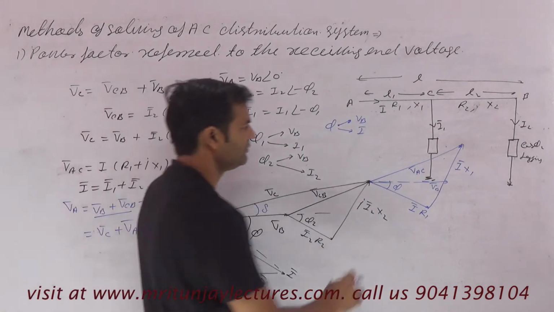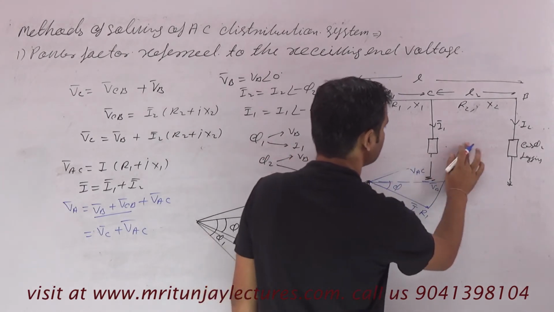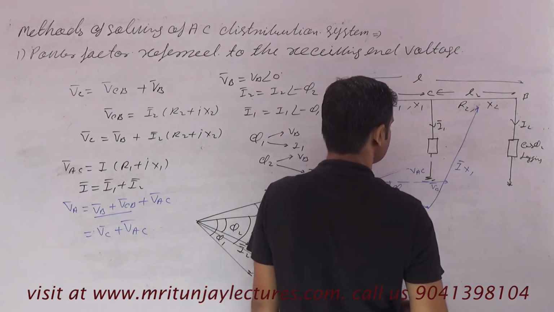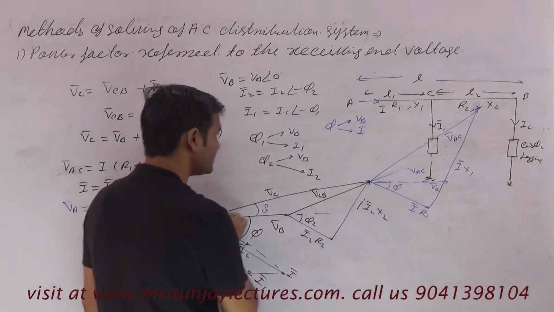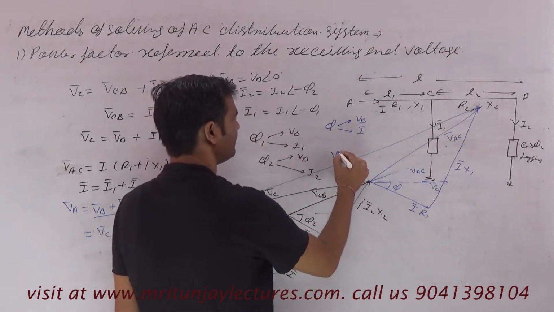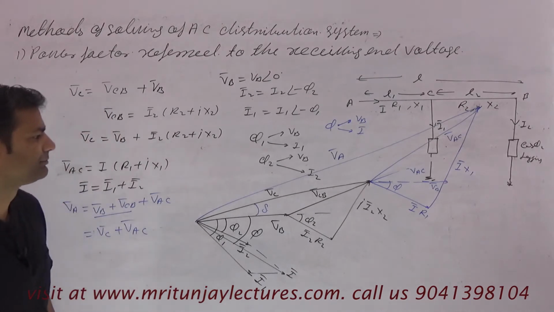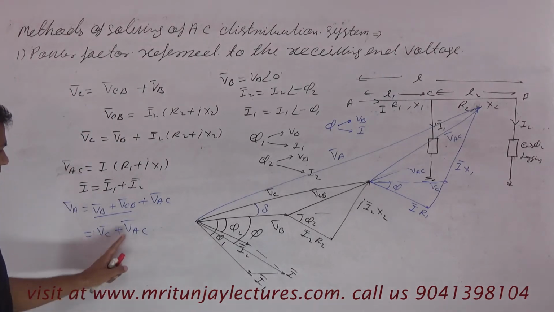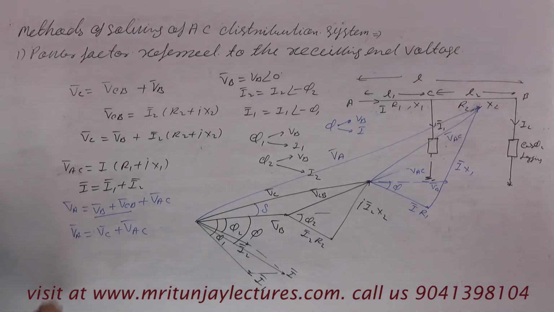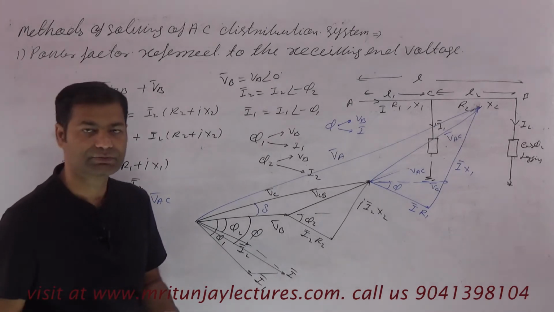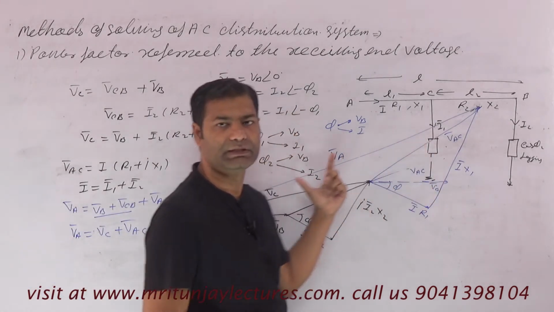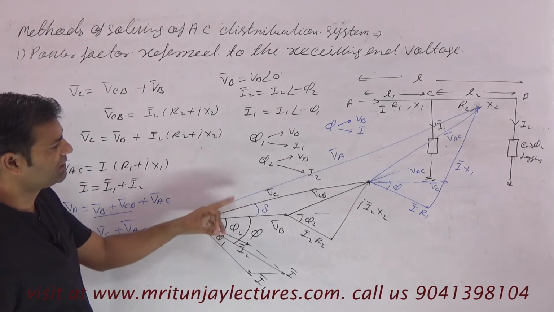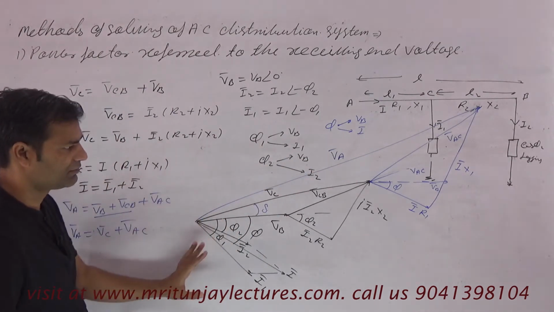Clear? If you want to make more, suppose it is like this one, then V of AC. So the resultant of this, that is VA. Clear? So the resultant of VC plus V of AC is VA. Or you can say that V of A is VB plus VCB plus V of AC. So VB plus VCB and V of AC, the resultant of these is VA. Clear?